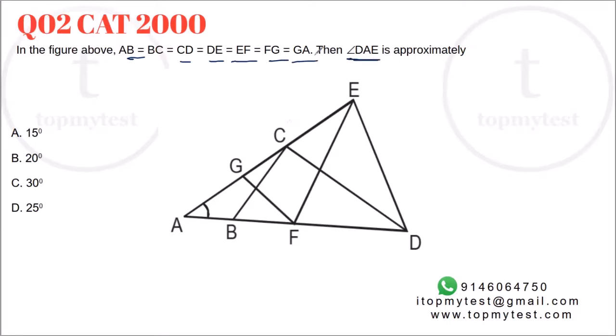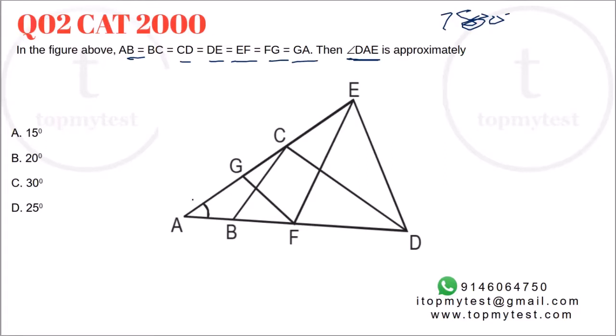Now, this is a pretty odd question, right? I mean, you are not given any other angle and you're required to find out the value of an angle, right, just by looking at the sides, right? So the only thing which you can probably use is that the sum of the angles of a triangle will be equal to 180 degrees. Sum of all the internal angles add up to 180 degrees, and somehow use this to get the angle, right? At least we know that we can find the answer because none of the other options can be determined.